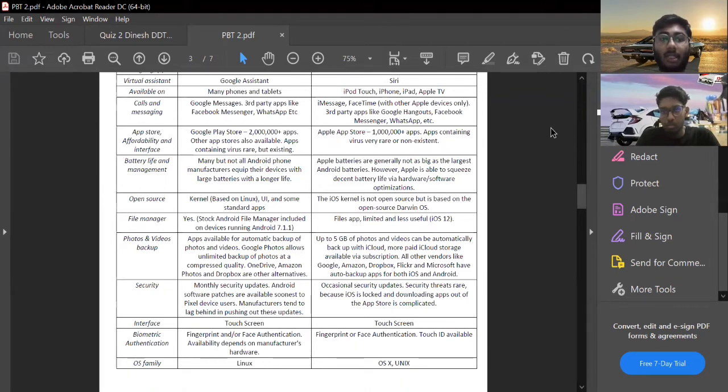The open source in Android devices is the kernel based on Linux, the UI, and some standard apps, while the iOS kernel is not open source but is based on the open source Darwin operating system. The file manager is provided in Android OS. Stock Android file manager is included on devices running Android 7.1.1, while the Files app is limited and less useful in